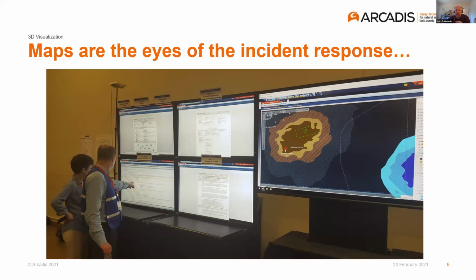So any maps that we create need to be clear, concise, and accurate. That's going to be helpful for creating the information we need for the decision makers to make the most appropriate decisions that will focus the limited resources that we have to do the maximum good and do it quickly, right? The widespread use of unmanned aerial vehicles is a great tool to provide rapid operational awareness with site photos, but they're being used more and more to create 3D images as well. And the next slide will show you